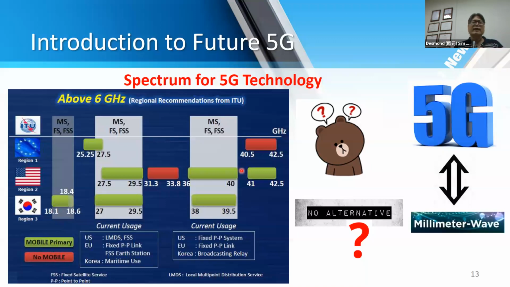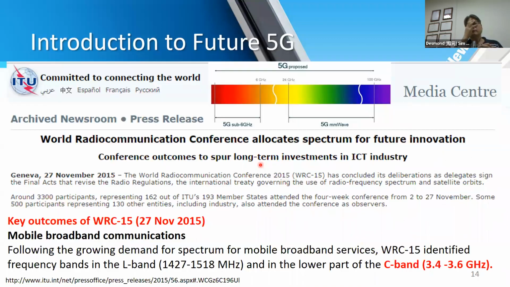So we were thinking at that time, 2 years ago, is there no alternative? We can use 5G technology, but first of all, we try to avoid millimeter wave. And indeed, in 2015, the WRC came up with an allocation of a spectrum at that time. And it does help us in trying to develop a lower band,